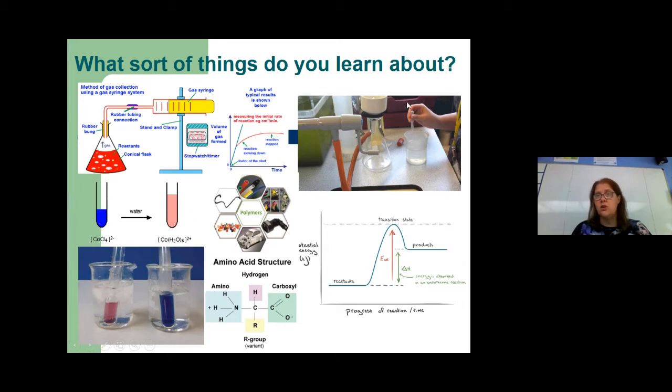Right, so as I say, we do lots of practical techniques wherever we can, because that is part of chemistry. Understanding how to synthesize things and how to analyze things is part of the course. And in places, we do tend to have a little bit of overlap with biology. We do a little bit of biochemistry, looking at things like amino acids and stuff like that, if you have an interest in that kind of area.